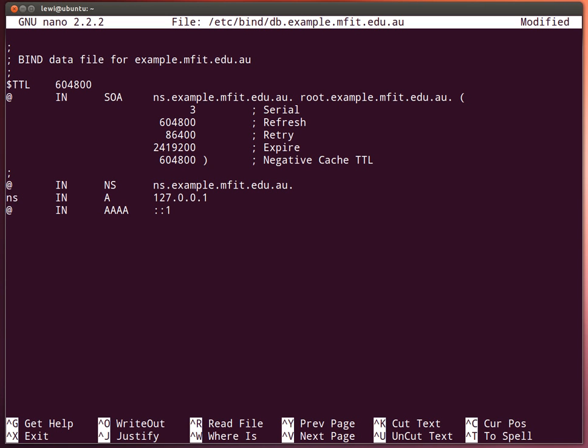because we need to tell it that the server called ns.example.mfit.edu.au actually has an IP address, and so we use that A as the reference to an address record, and we need to change this to the IP address of our name server or the DNS server. In our case, it's 192.168.100.36. Done. That last record there is for my IPv6. We can leave that in there,